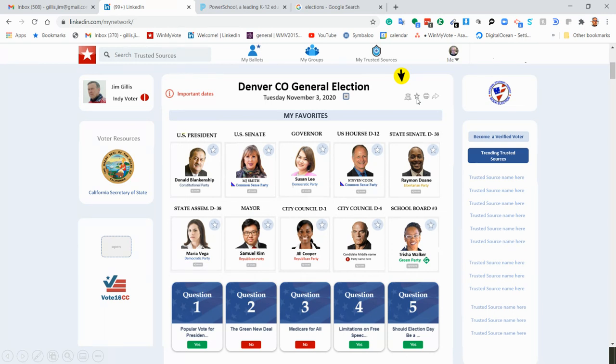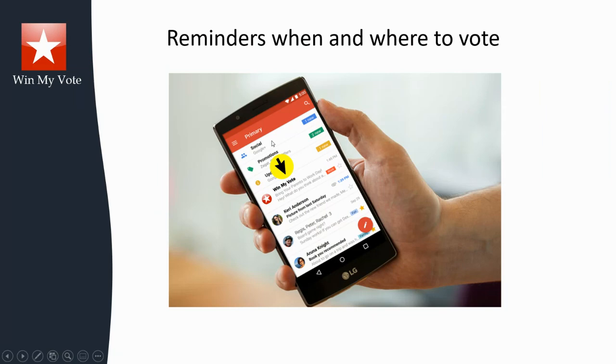So this right here, again, I'm going to do my favorites. I'm going to double check on all of the candidates that I've been reviewing and favoriting, and same with the propositions. And then I'm going to find my polling place. I can get reminders